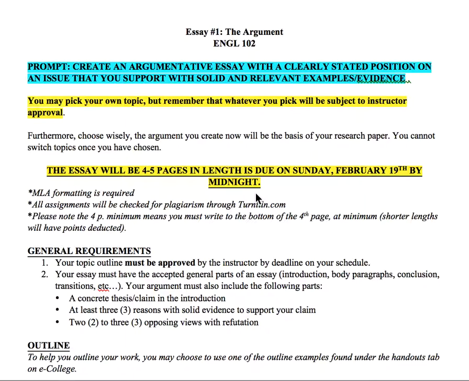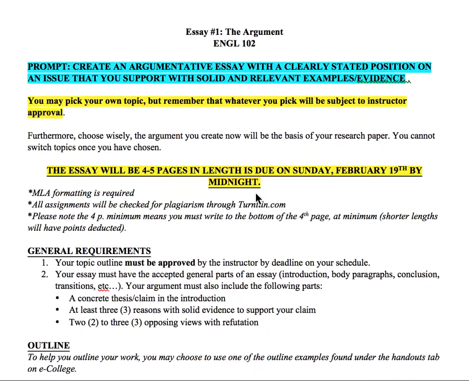You guys have been learning about argumentation, and what you're going to do is create an argument. You can pick the topic that you like. You are going to need to pick a specific position on the topic related to an issue. So if you want to talk about something political, that's fine. If you want to talk about something controversial, that's fine. But please be aware that it needs to still be politically correct, and you need to use tact and state your case using evidence rather than opinion.